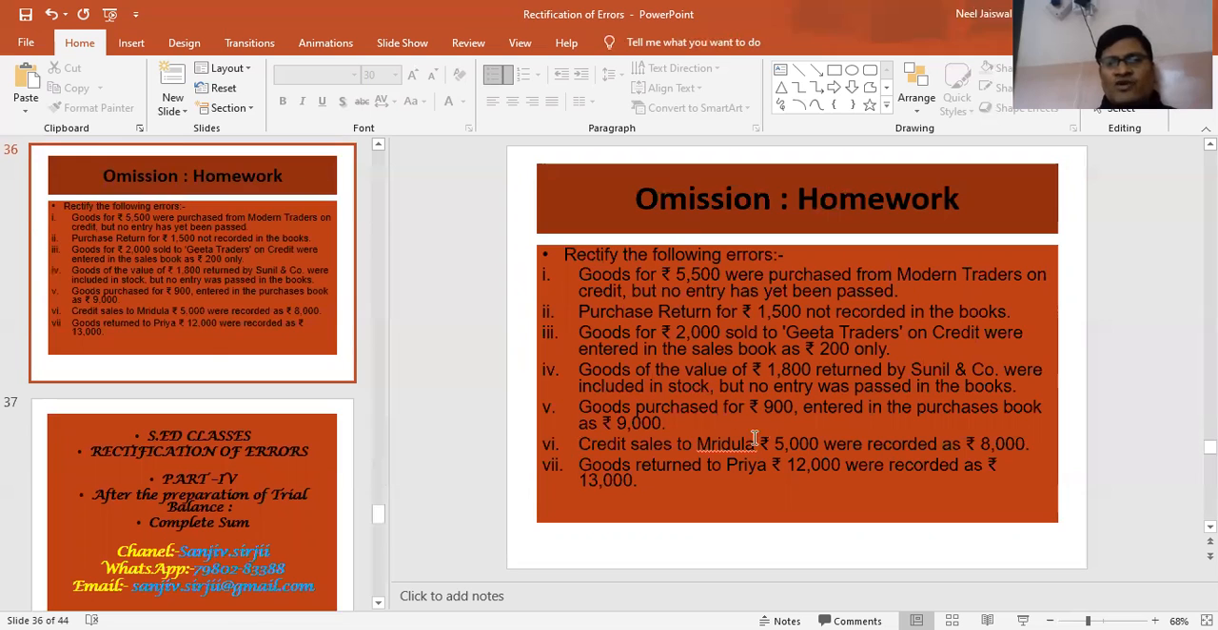Rectify the following errors. Goods of 5,500 purchased from Modern Traders on credit, but no entry has been passed. Purchase return for 1,500 not recorded in the books. Goods of 2,000 sold to Beta Traders on credit were entered in the sales day book as 200 only. Goods of the value of 1,800 returned by Sunil and Company were included in stock, but no entries passed in the books. Goods purchased 900 entered in the purchase day book as 9,000. The opposite thing. Credit sales to Mridula 5,000 recorded as rupees 8,000, and goods returned to Priya 12,000 were recorded as rupees